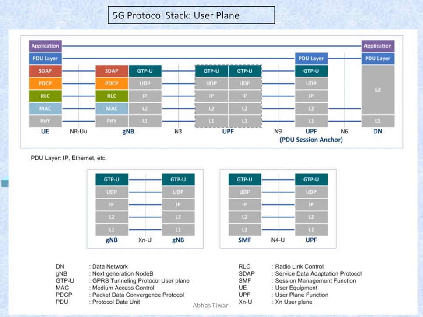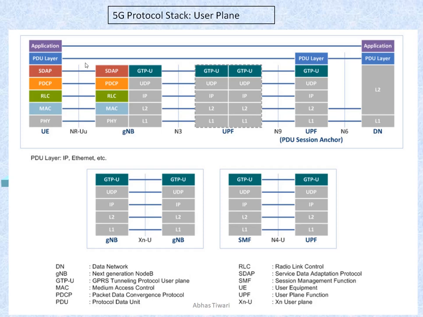So here it is. For the RF guy, we have to just look towards the UE and gNode B. Between UE and gNode B, we have one additional protocol, that is the Service Data Adaptation Protocol, SDAP, which is newly introduced in 5G. So you need to remember SDAP, Service Data Adaptation Protocol. This is the new protocol, and the rest of the things are almost the same.